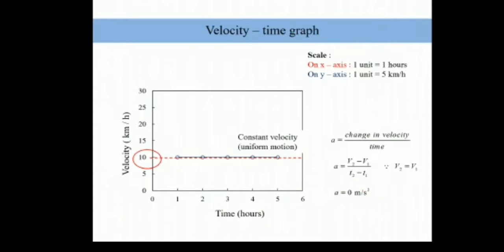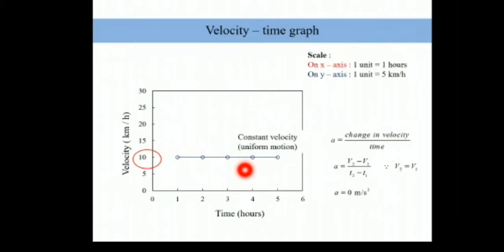Then the second thing we can see, the first thing I told you, we can find out from the graph. Just by looking at the graph, if you see this line is parallel to the x-axis, yes or no? Because this line is parallel to the x-axis, the inclination is how much? 0. The inclination of this line is 0, therefore acceleration is 0. If the line were inclined this much, it would have a different value of acceleration.